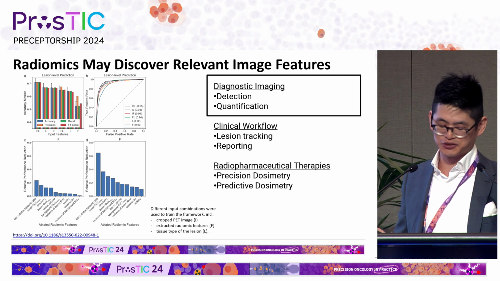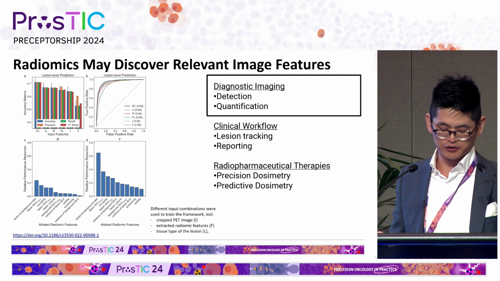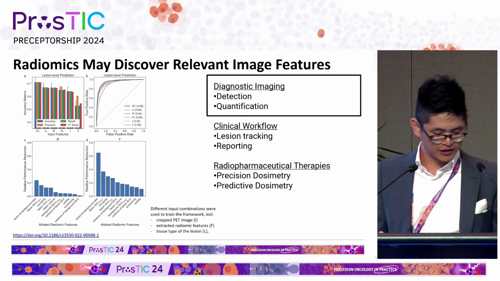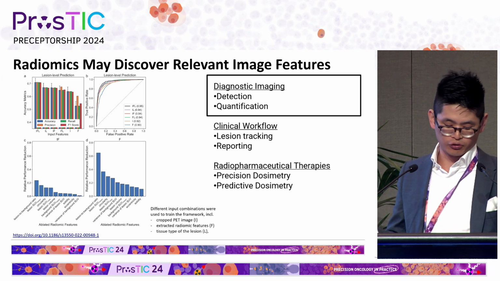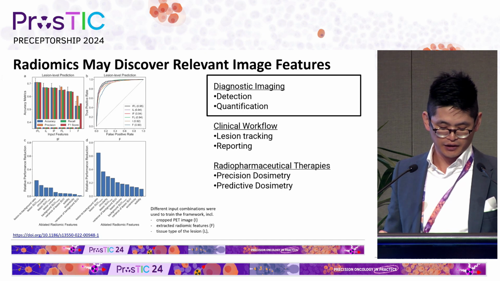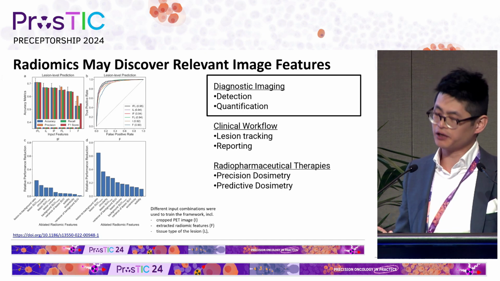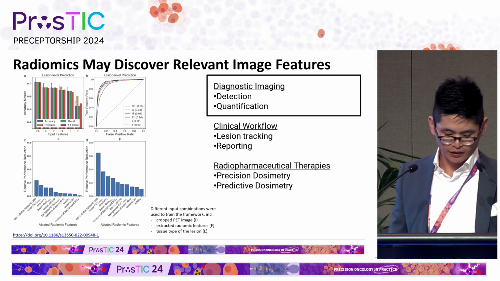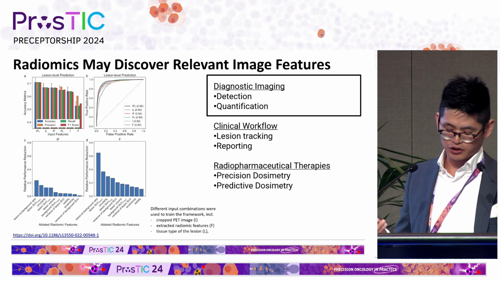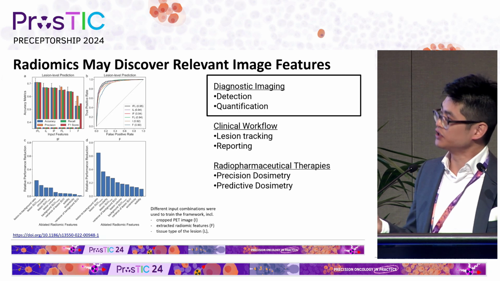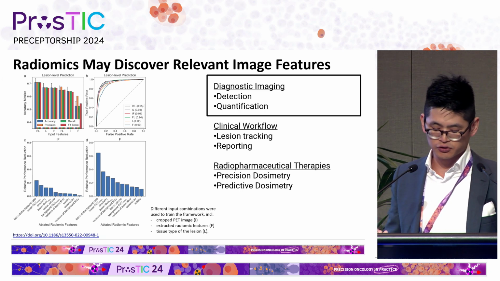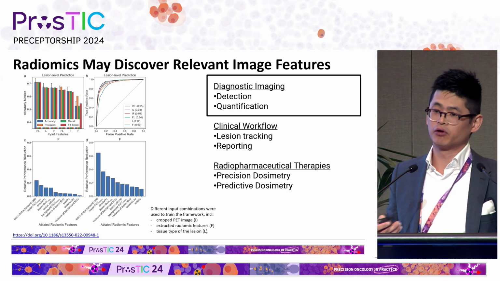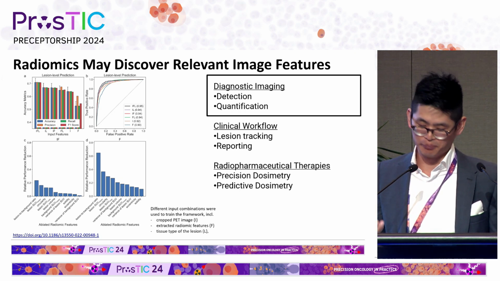However, the challenge is one of statistics. As the saying goes, lies, damn lies, and statistics. And so the challenge is ultimately about external validation of whatever we find. Because if you throw in the kitchen sink, you're going to find something that sticks. In this study, they showed, interestingly, that sphericity, or here they call it circularity, was associated with predicting disease in a PSMA avid lesion, but we already know clinically that tumor grows in balls.